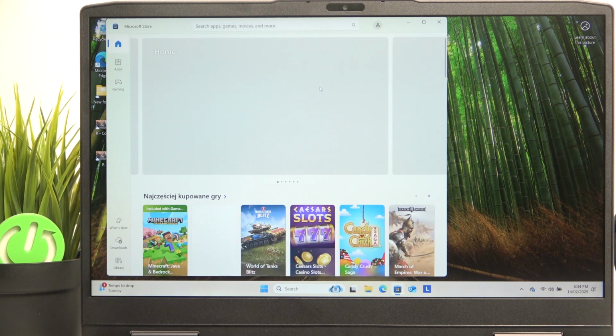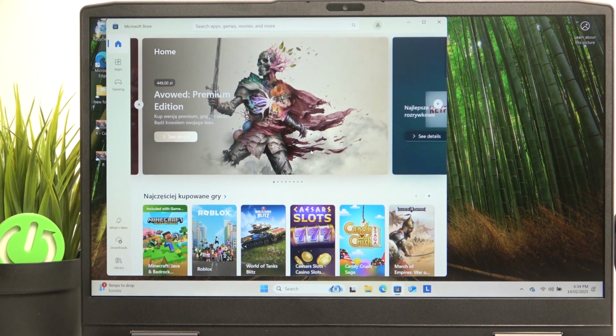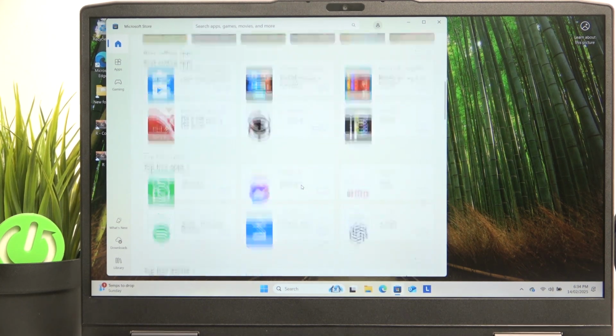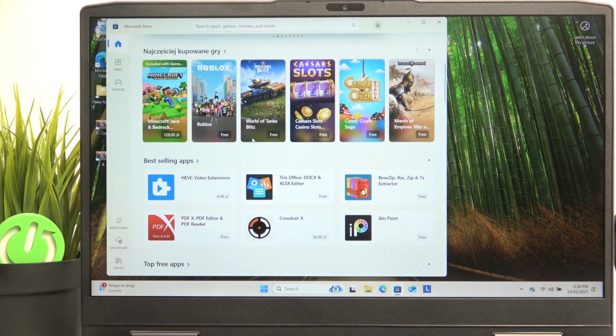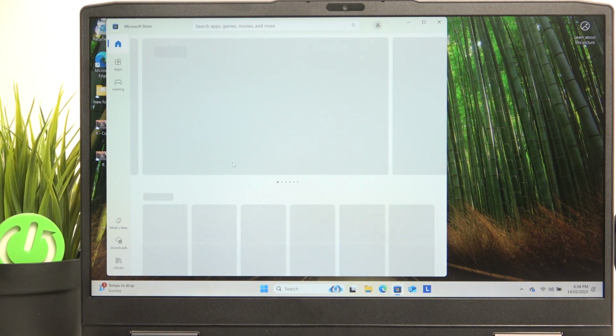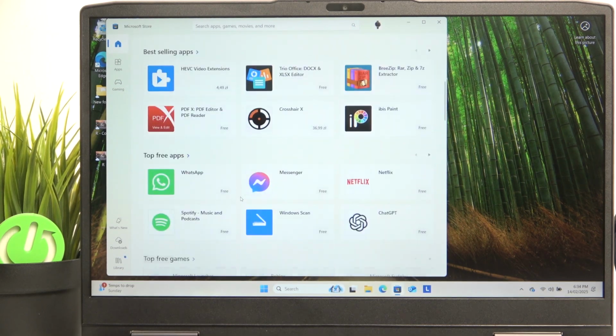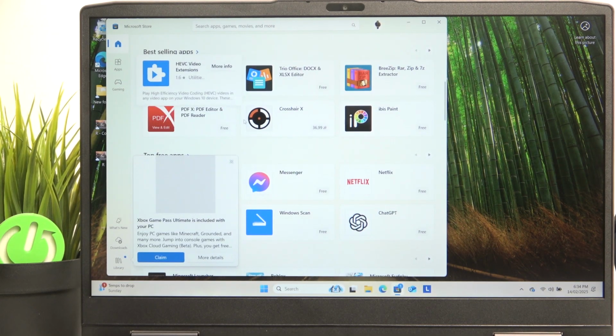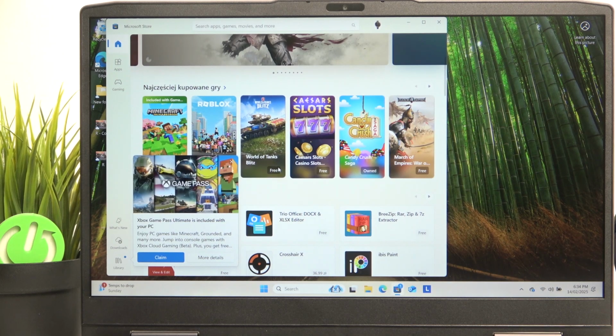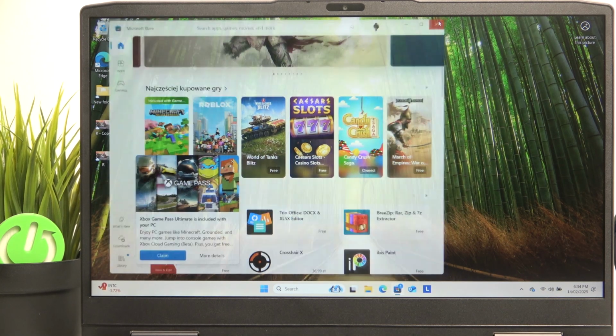Some of them are paid, some of them are free. There are many different apps. There are also games that you can get. You can see some are free and some also are paid. It just depends. Although if you are experienced with